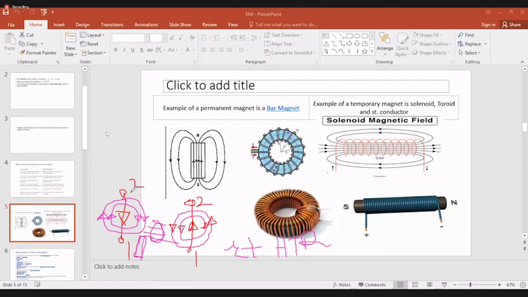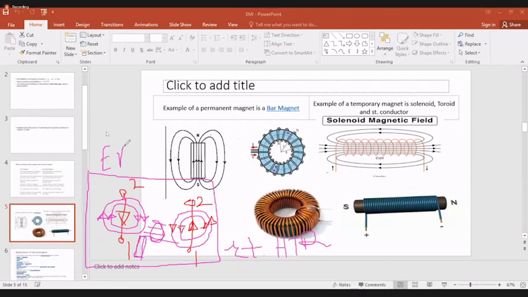So what happens here depends upon the direction of the current. The direction of the magnetic field will be applicable over here. Here the current is upward, and the field lines travel in the anti-clockwise direction. Here the current is downward, and the field lines travel in the clockwise direction. And here the current is upward, so it is anti-clockwise. This is what? The straight conductor. This is an electromagnet.